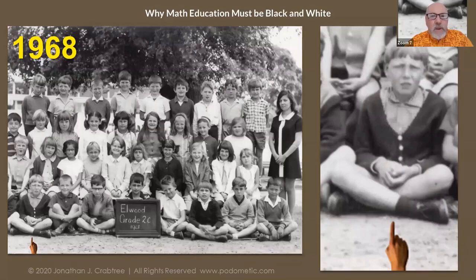The photo on the left is me sitting at the bottom left front row in 1968, when I began to argue with teachers about the explanations of mathematics that they were giving. So at the age of 7, I argued with my grade 2 teacher about her explanation of multiplication. In my opinion, it made no sense whatsoever, and I thought that my teacher was mistaken in what she was saying. And yet I didn't know my times tables at that time, so my teacher won that argument,